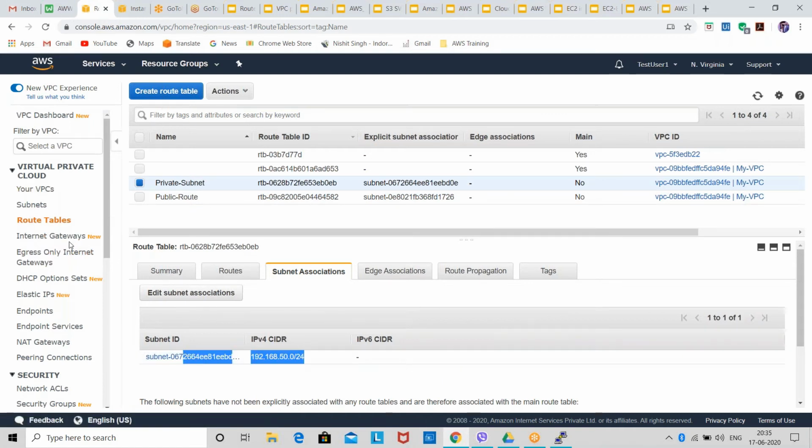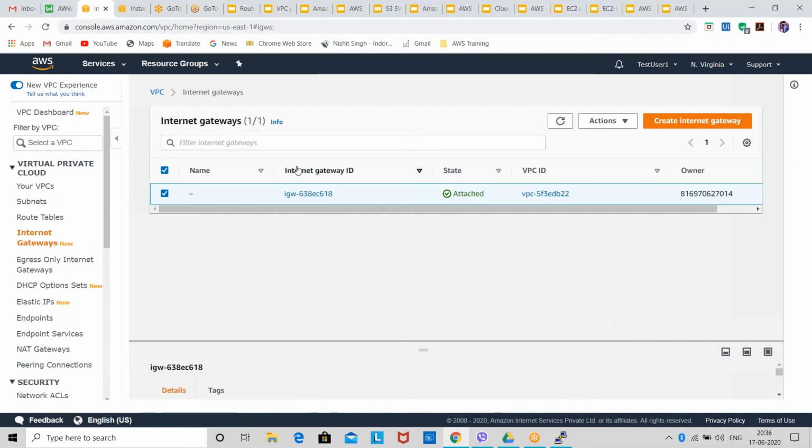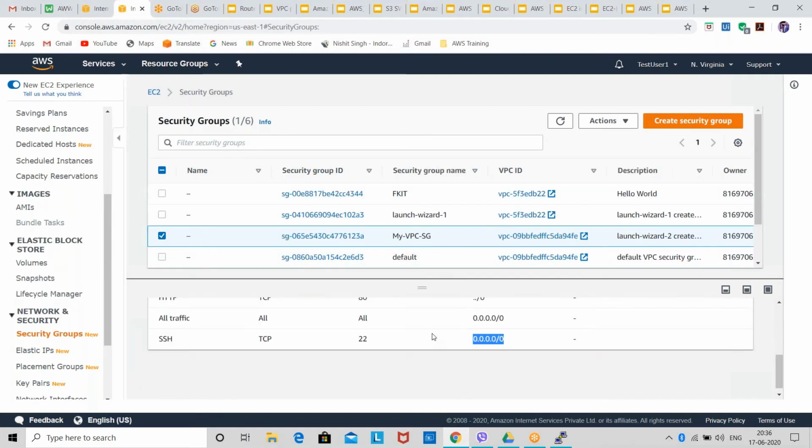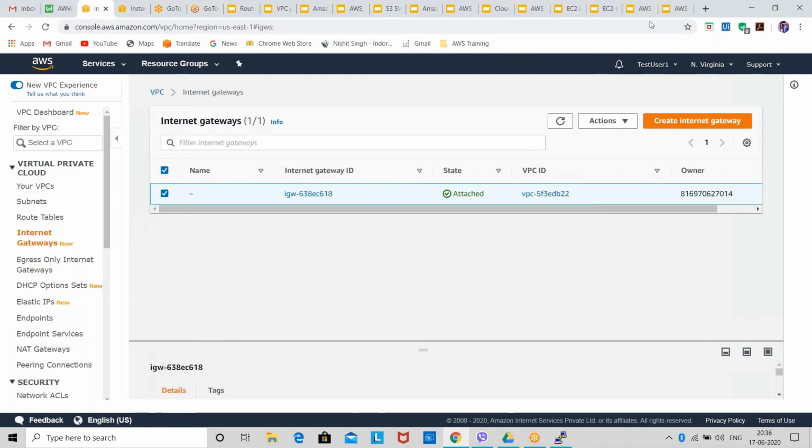And what we will do, we will configure internet gateway also. Internet gateway is for the internet connectivity. So with the help of internet gateway, our instance will get access to the internet. Then we'll try to connect to our instance. I think that's why I am not able to connect to the instance, because we have not configured internet gateway yet. So first, we'll configure internet gateway. Is your association part clear right now, or should I explain it again?